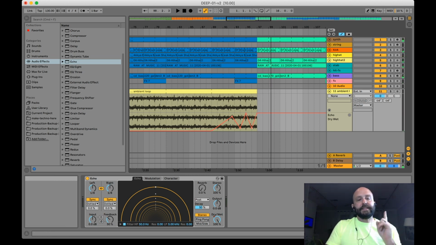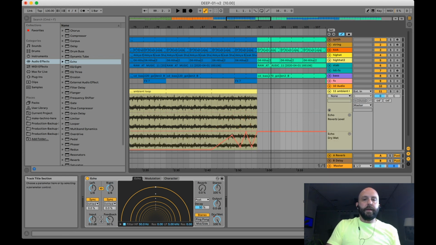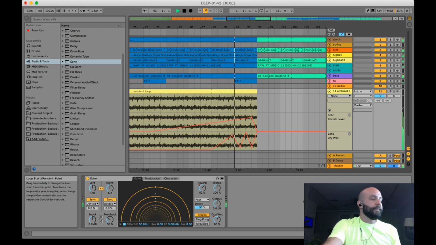Now, if at the same time I wanted it to start to reverb as it climbs, so not only is it echoing, it's also giving this big grand reverb. You see how when I just touched reverb, it appeared on the right-hand side of this track? I'm going to hit that plus button again, and now we have an echo reverb envelope. So I'm going to do the same thing. I'm going to double click to make these little points. I'm going to make a third point, and I'm just going to drag it up. Now, as the track progresses, not only is the dry wet increasing, but the amount of reverb I'm giving it